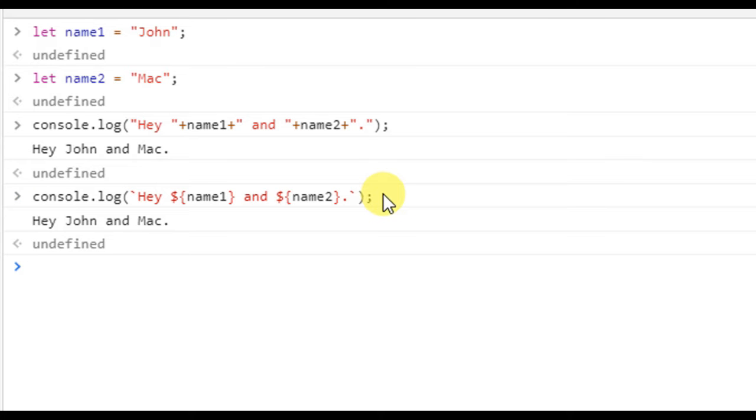So here is the magic, you will get the same output. And this is called a template literal or string literal.